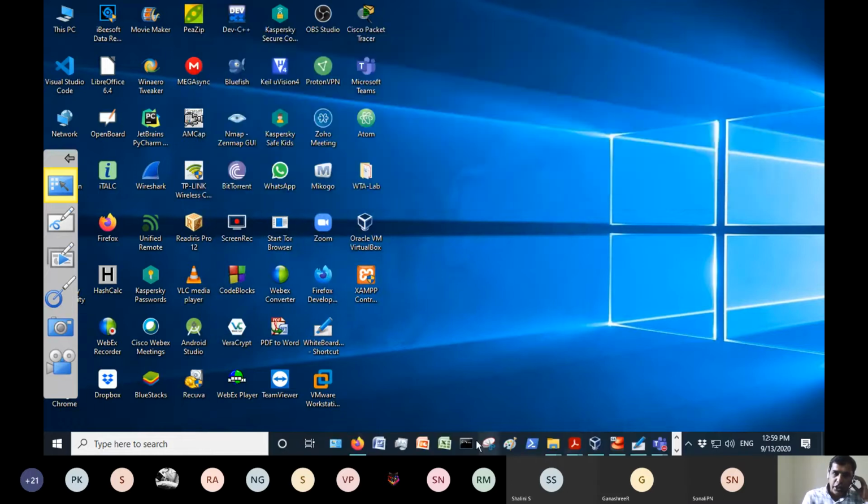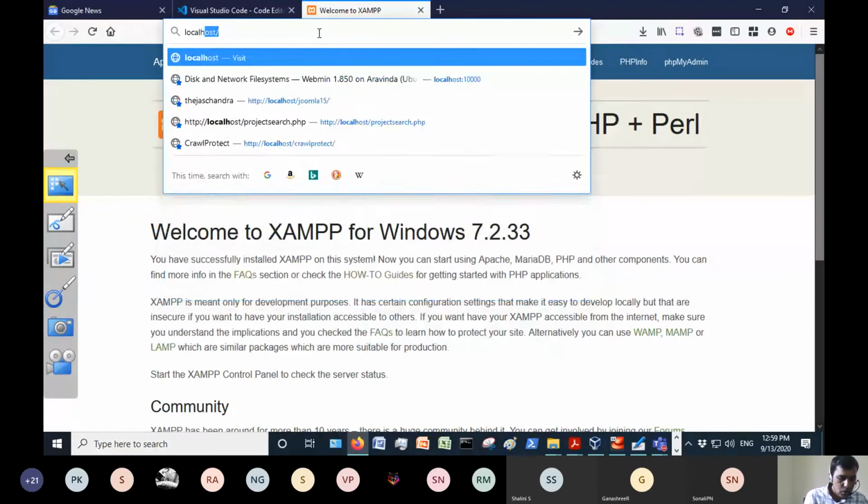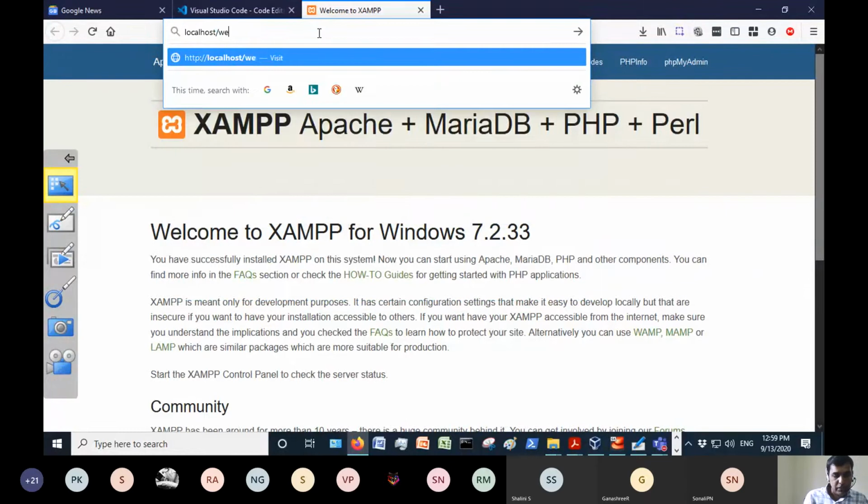Next, what you're supposed to do is open your browser. Go to localhost, http://localhost or simply localhost. Then I want to get my page wel, which is a file that was just a text file. I haven't saved it as .txt, I have just saved it as wel. So what is this? You are making a request to the server, which is on localhost. You are requesting it to send me the page, the file wel.